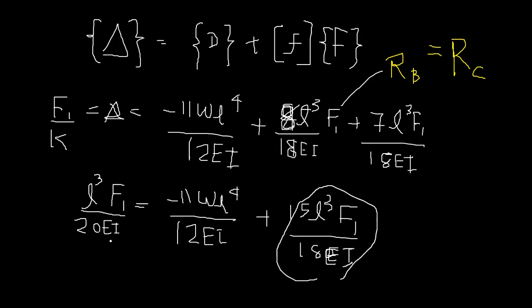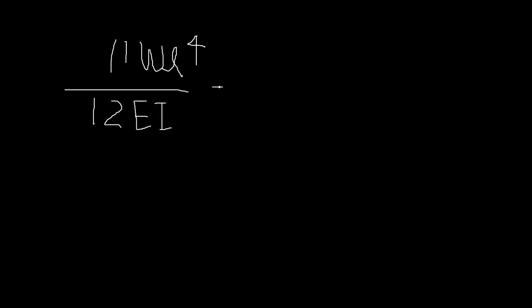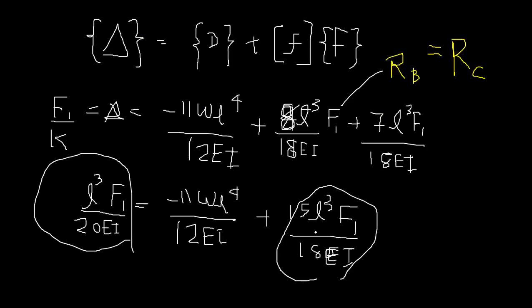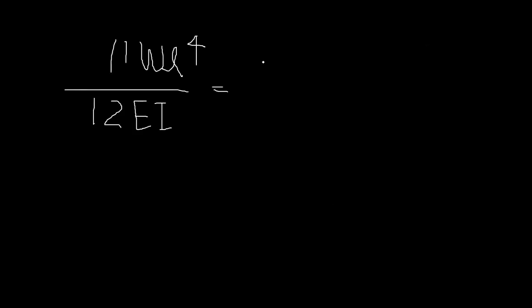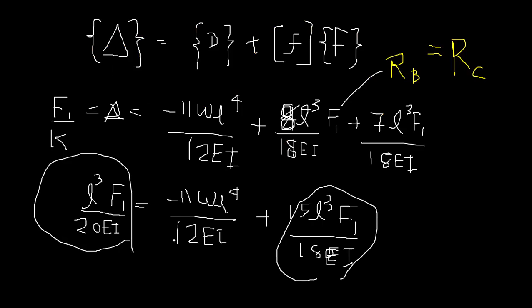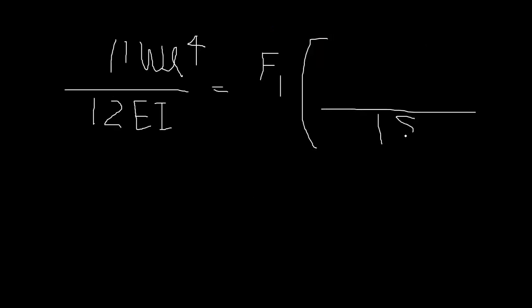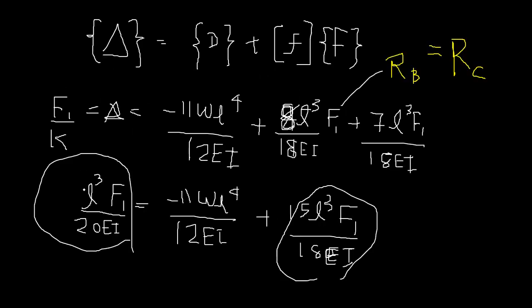So for both of these two, the common denominator is 180, so I need to reduce that. I need to bring it here and the other one the other way around. So 11 WL^4 over 12 EI is going to be... I can take 180, right? So 15, I can take F1. So that's going to be 180. So for 180, 20 or 9, okay? You have 9. And for 180, 18 into 10, right? So you have 10, 150